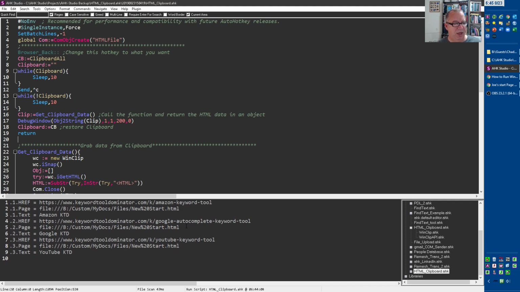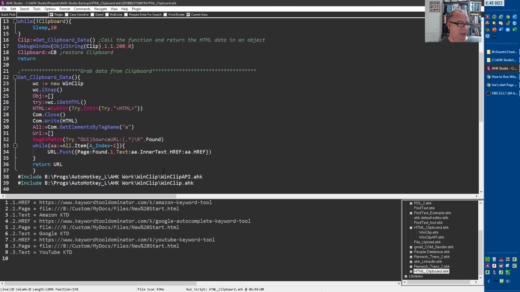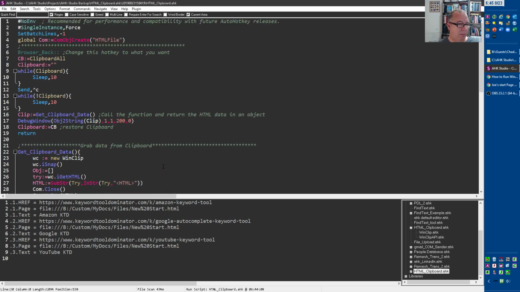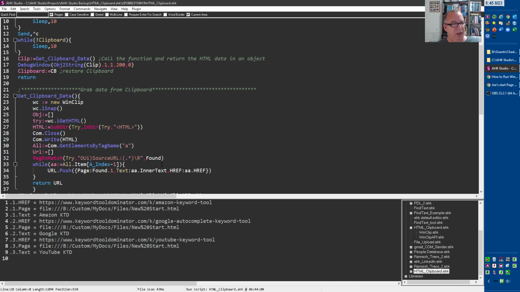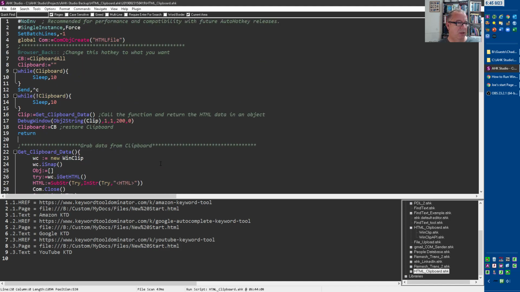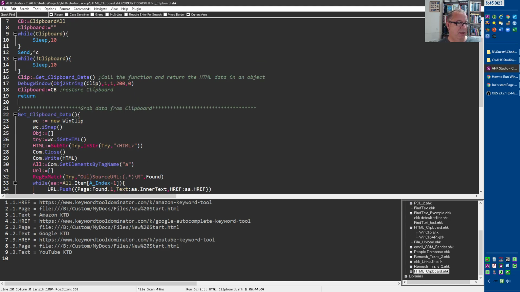A user had written me and asked if I had anything like this for grabbing just the URL, but I thought, hey, I'm already there. Why not grab the nitty-gritty stuff? So I had basically written this thing out, and then Maestruth came in and started looking at it, and we were playing with it, and then we realized, you know what? It's just smarter, after you get it, to create a COM object and write the HTML so we can navigate the DOM and just rip it from the DOM. And that way it gets the proper text of what we wanted.